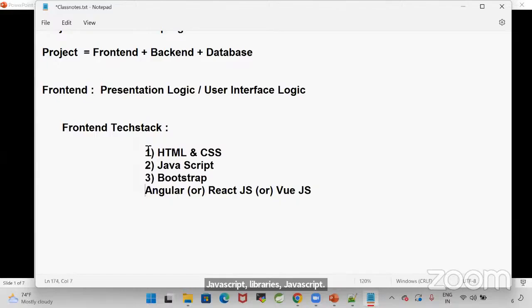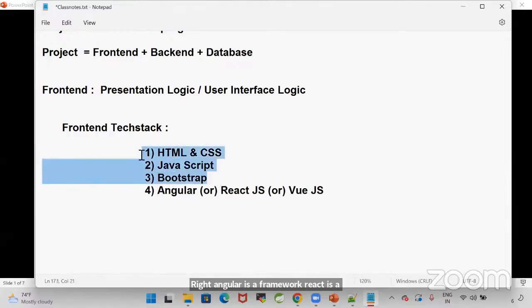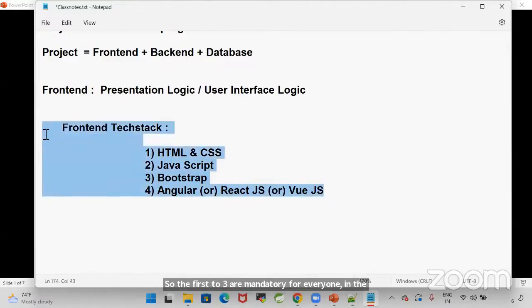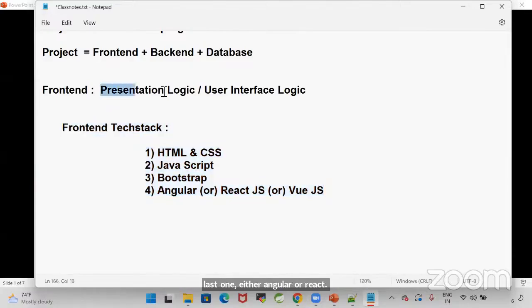Angular, React, Vue, these are JavaScript based technologies, right? Angular is a framework, React is a library, Vue libraries are available. So these first three are mandatory for everyone. In the last one, either Angular or React or Vue, any one thing we are going to learn for the front end development.